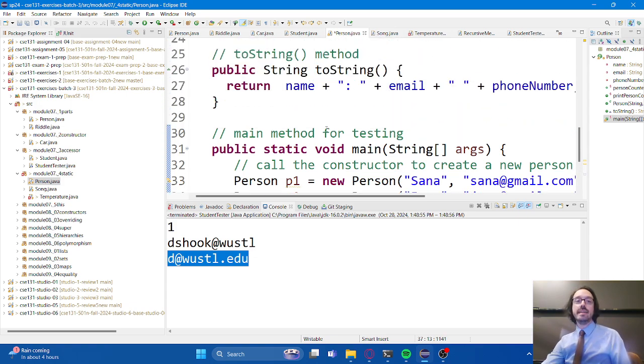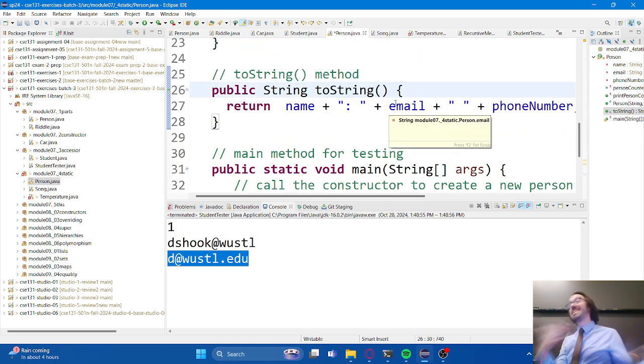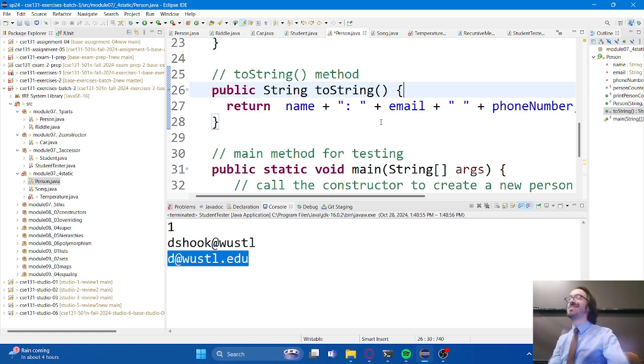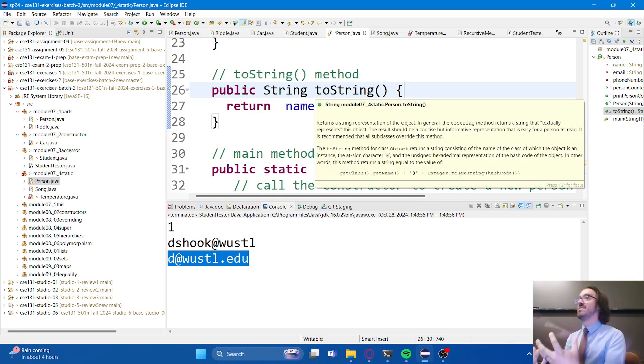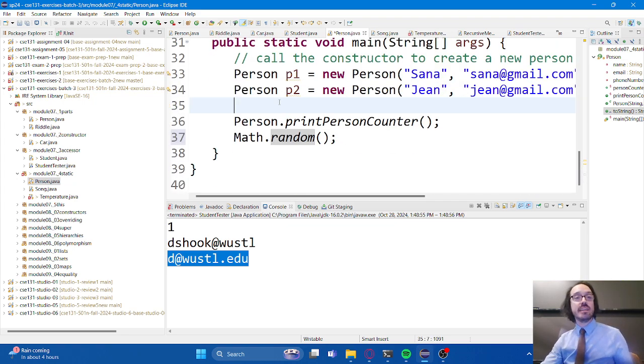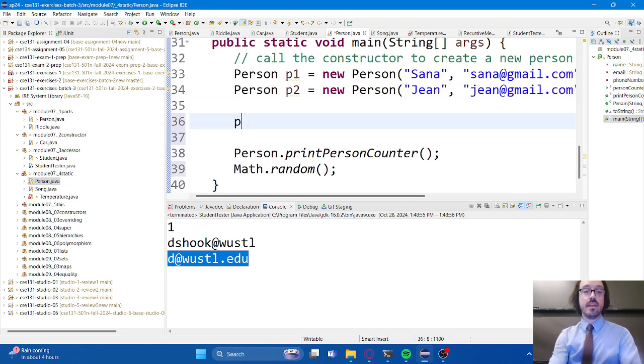Compare that to instance methods like toString, like the getters and setters that we've been using. Those are instance methods. Those are non-static methods. I have to call a constructor to create an instance of an object, and then once I've done that, I can call my non-static method upon that object. So non-static methods require an instance of an object to exist in order to execute. And so that's what we've been seeing in all of the other examples before today, right?